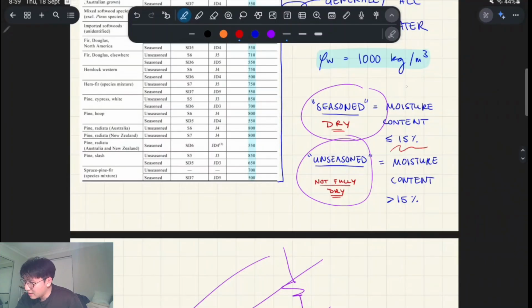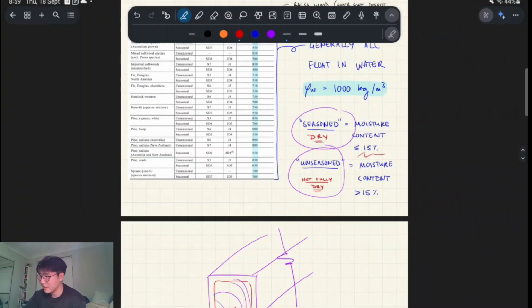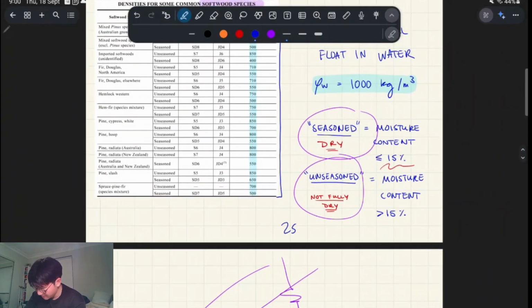Atmospheric moisture is, I think, around 10 to 15%, depending on where you are, unless you're in very northern Australia, like upper parts of Queensland, upper parts of the Northern Territory and so on. So when you're lower than 15%, you're dry, basically. Greater than 15% is not fully dry. There's another threshold number, 25%. Yeah, and if you're between 15 and 25%, you're partially dry. Anyway,